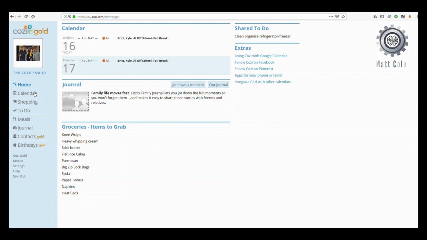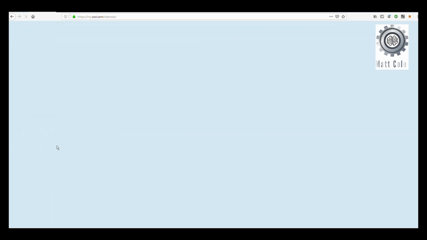Cozi allows you to update calendars as well as the shopping, to do, meals, and journal. And then you can also have contacts and birthdays for those that are on Gold. Don't utilize those much, but I want to at least cover everything that we do personally utilize to give you an idea of what it is and how it can be used. So if we look into the calendar,